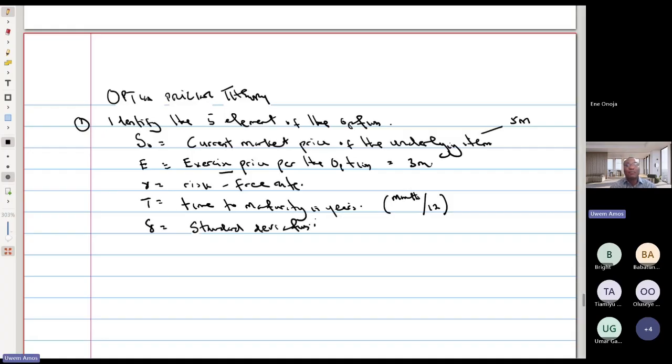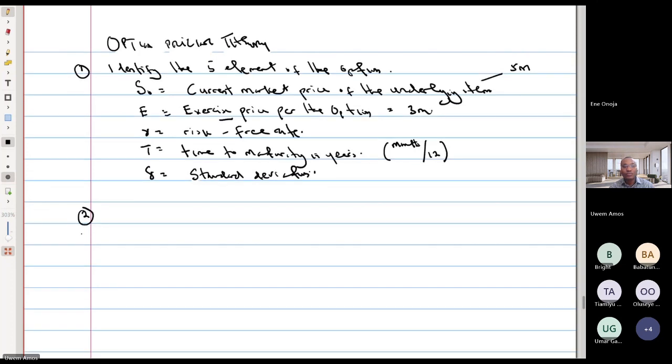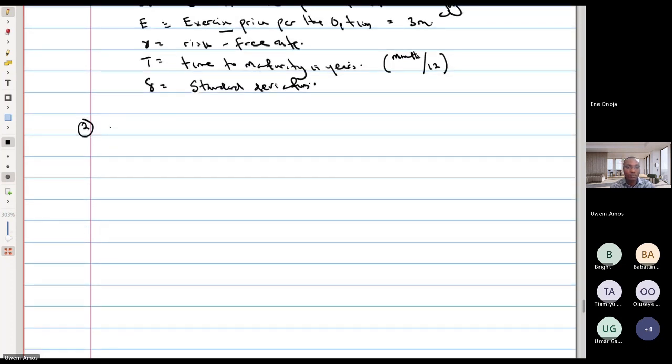So that's the first thing you would always establish in any option pricing question using the Black-Scholes option pricing model. The next thing we'll determine is the type of option. There are two types of options. It could be a call option,